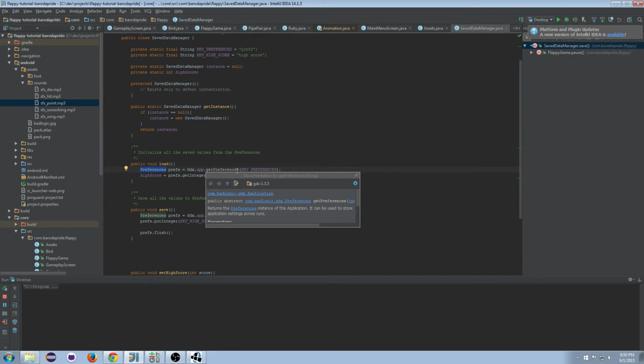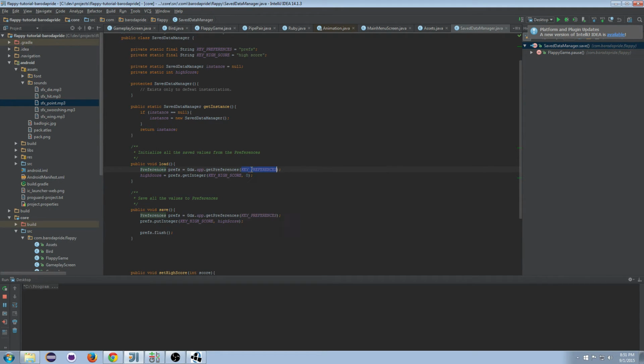how do I explain it? I guess you can just think of it as a place where the data is stored. And you can have multiple preferences if you want. You can have multiple preferences, and basically you just give it a key. In this case, I just named the key prefs. Doesn't really matter because I only have one preference object. I'll just get that object and then I'll store stuff to it,